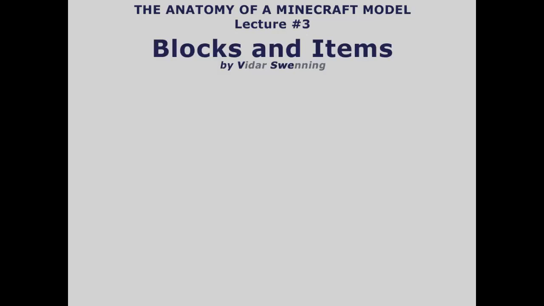So in the two previous courses we've taken a look at how we can create a model and render that for an entity. We've also seen how we can animate that and how all of that works, like that process. We set up a renderer and a model and so on and so forth. But what we're going to do today is take a look at blocks and items. So how can we render blocks? They work a bit different because they are a bit more restricted, and how can we render items with models